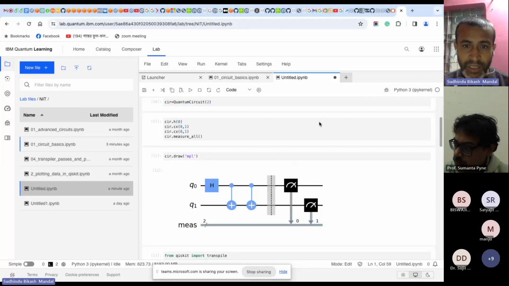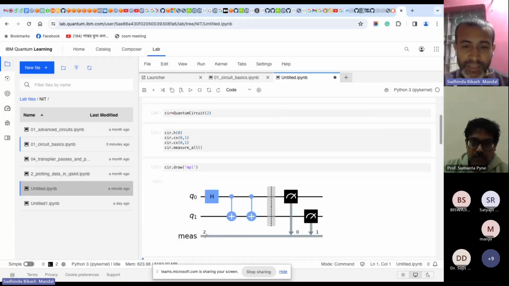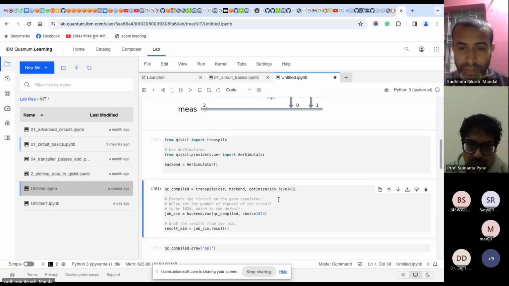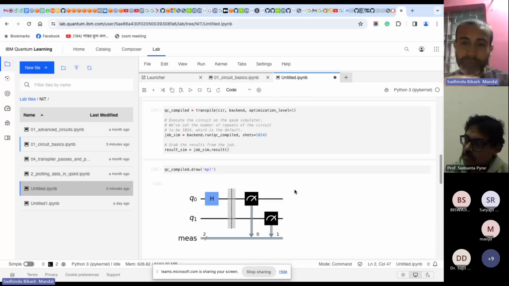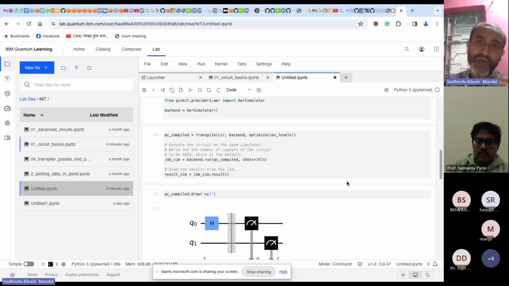If I put 1 optimization level, your circuit will change the same. Okay, if I put 1, similarly it will work as optimization level 3 and 2, but in each and every step they do different kinds of optimization. In case of optimization level 1, they check only identity. In optimization level 2, they convert the circuit to a graph, and then try to make some isomorphism graph, then they find some identity and optimize this way.